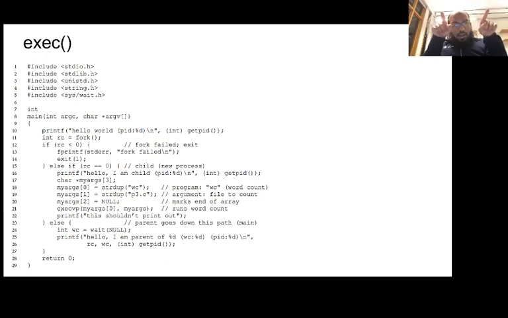But then if rc equals 0, if I'm in the child process, then you print the previous print, and you basically have some input like my args0, my args1, my args2,